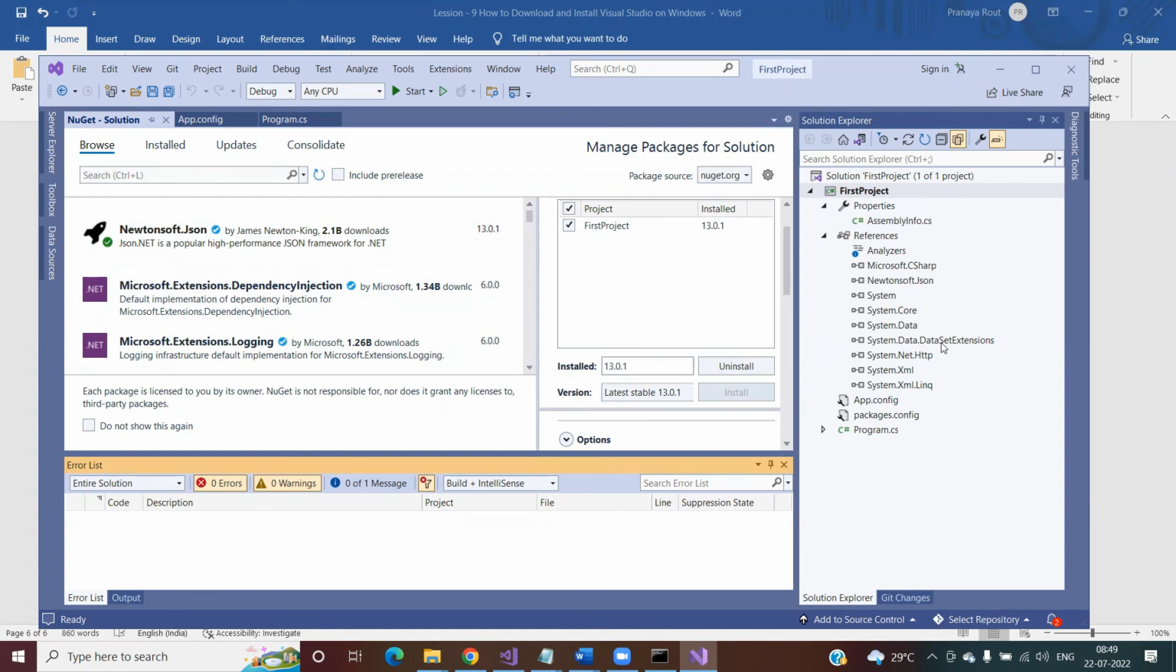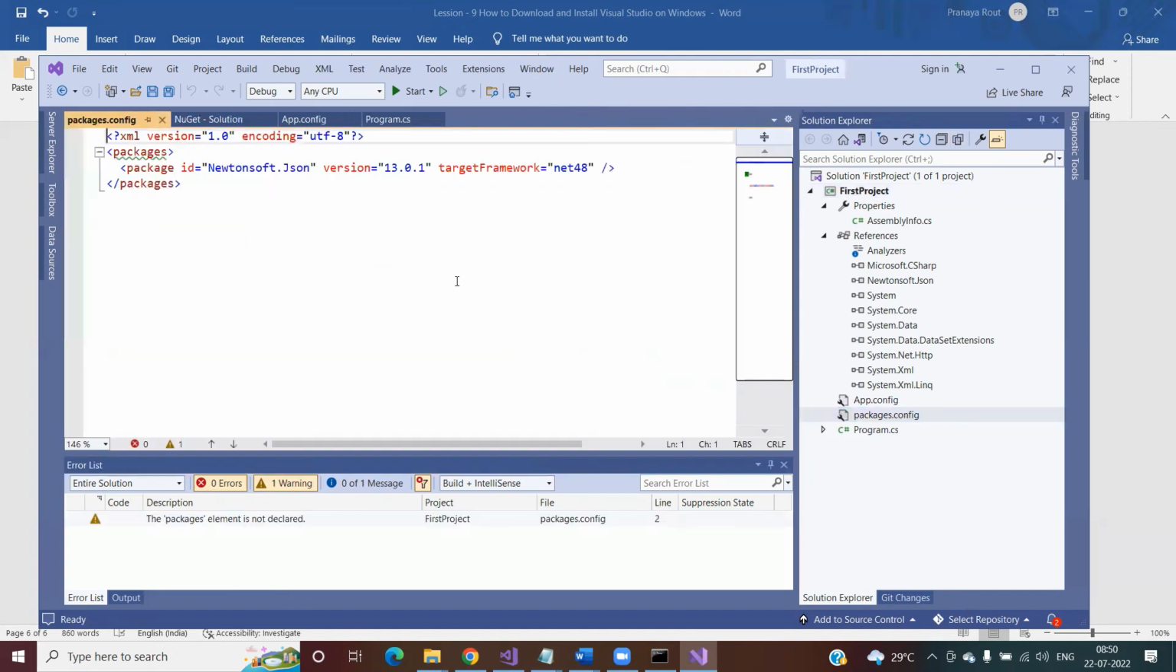As soon as you install this, you can see one package.config file also automatically added. What this package.config file will include is a reference. It will give you the reference of what third-party libraries you have installed into your application. See, you can see you have installed newtonsoft.json, which version is 13.0.1, which is targeting .NET Framework 4.8, right? Is that clear? So in this way, you can